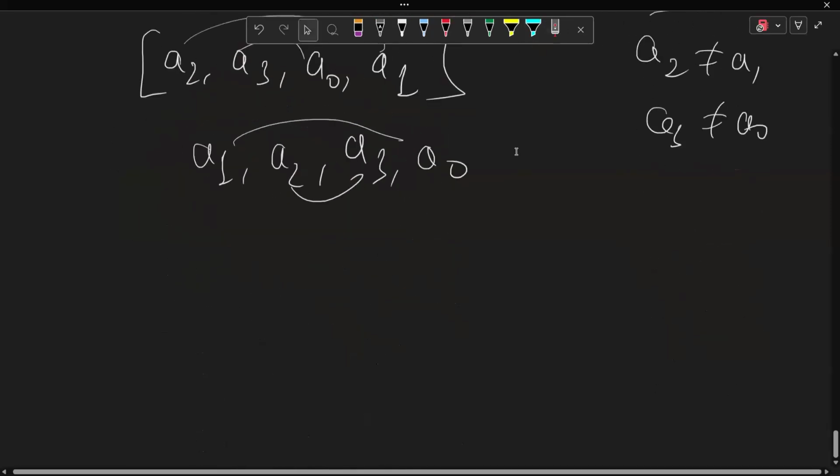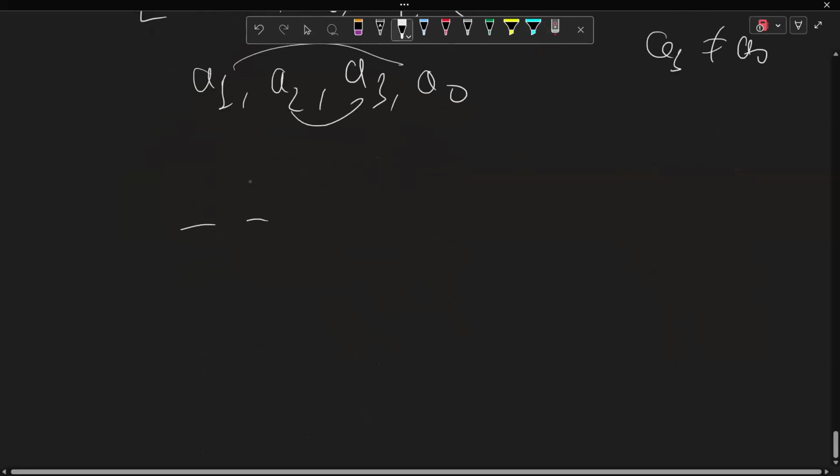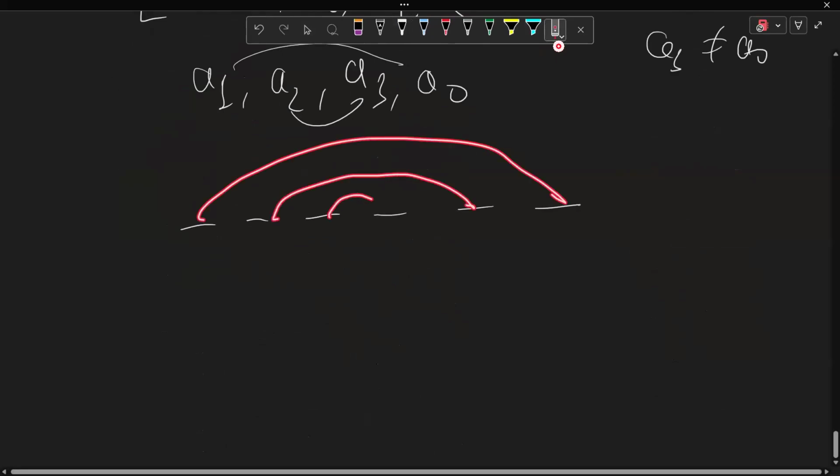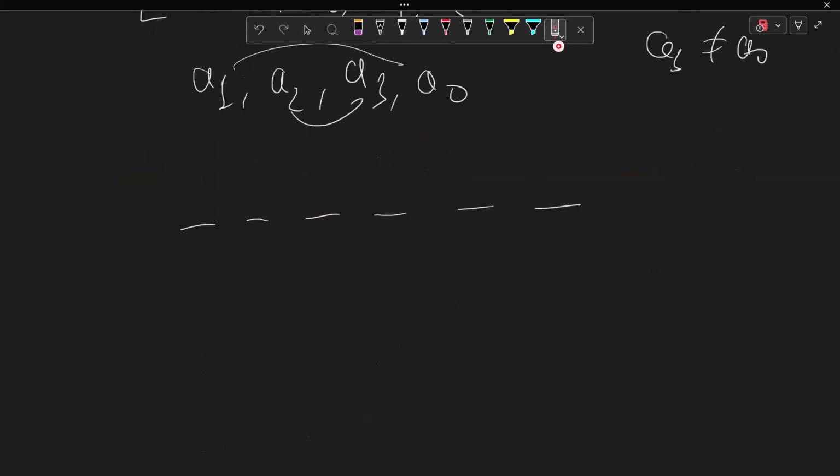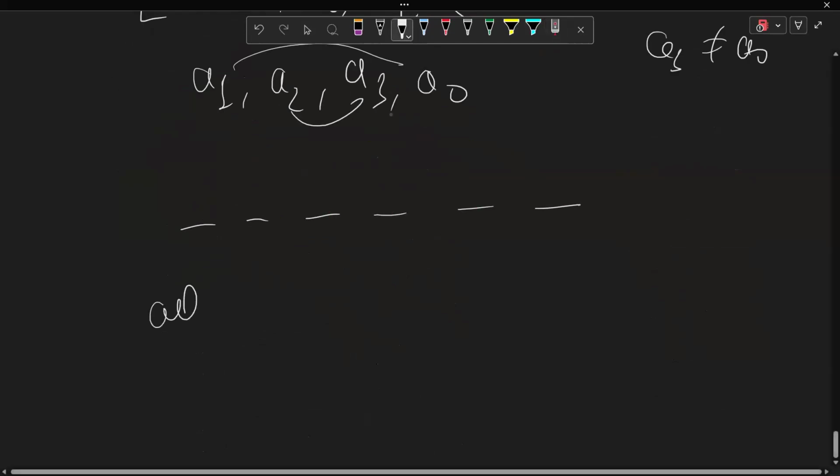Like if you take any other array also, let's say it has 6 elements. Okay, distance of 5, distance of 3, distance of 1. So all the comparisons are always made at odd distance. We are considering only even sized arrays, not odd sized arrays. So for even sized arrays, all